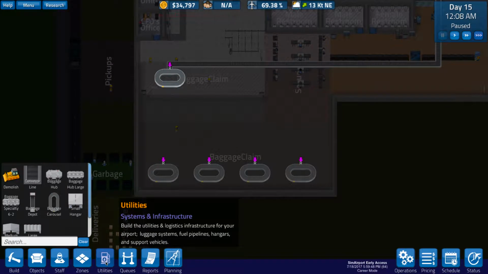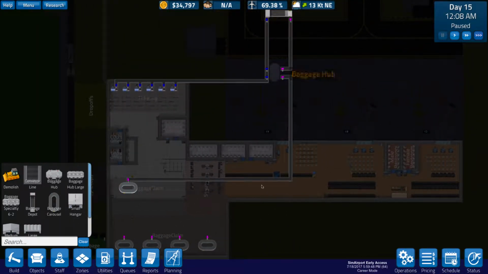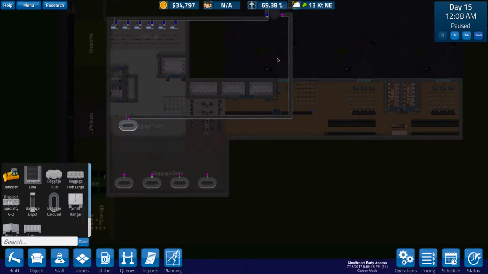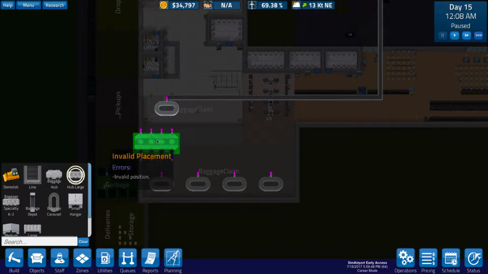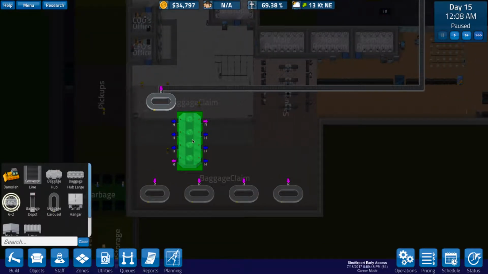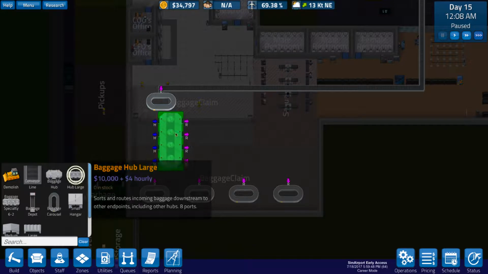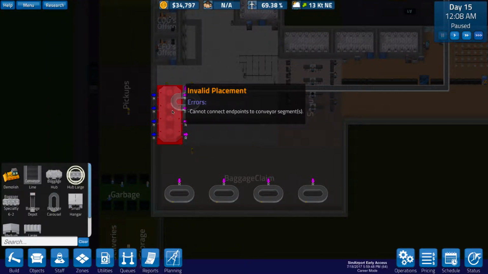And then when we go into utilities, you see that we have this one main line flowing in here. That's going to be our main return line, I think. And then we'll do some baggage hubs. Now I have a large baggage hub. They also have specialty ones, which have way too many inputs, and then a normal one, which is not big enough. So we need to do this guy here, and we're going to dump that somewhere up in this area